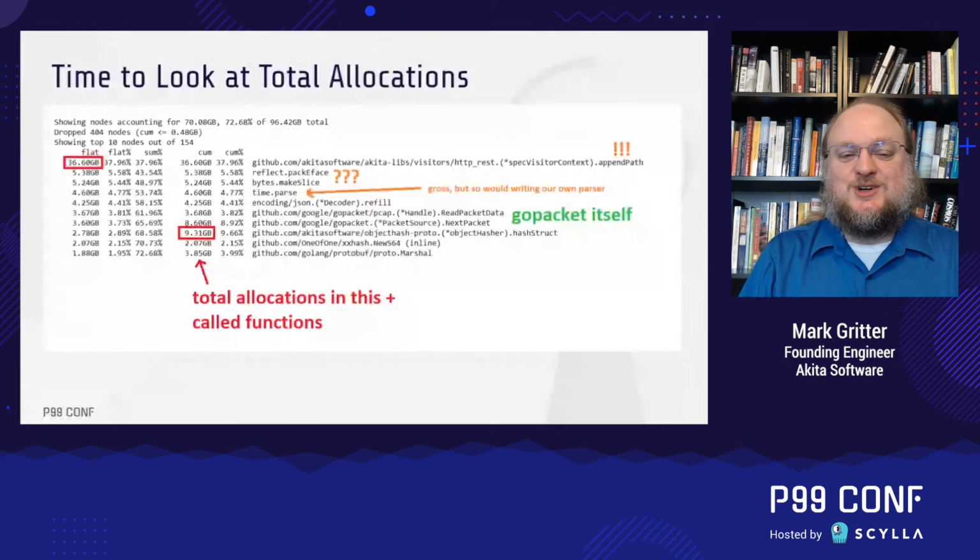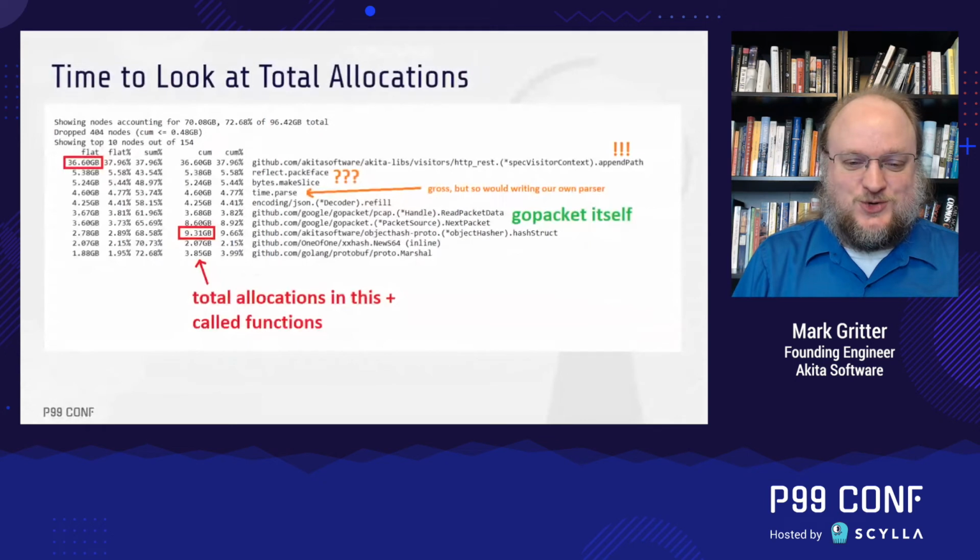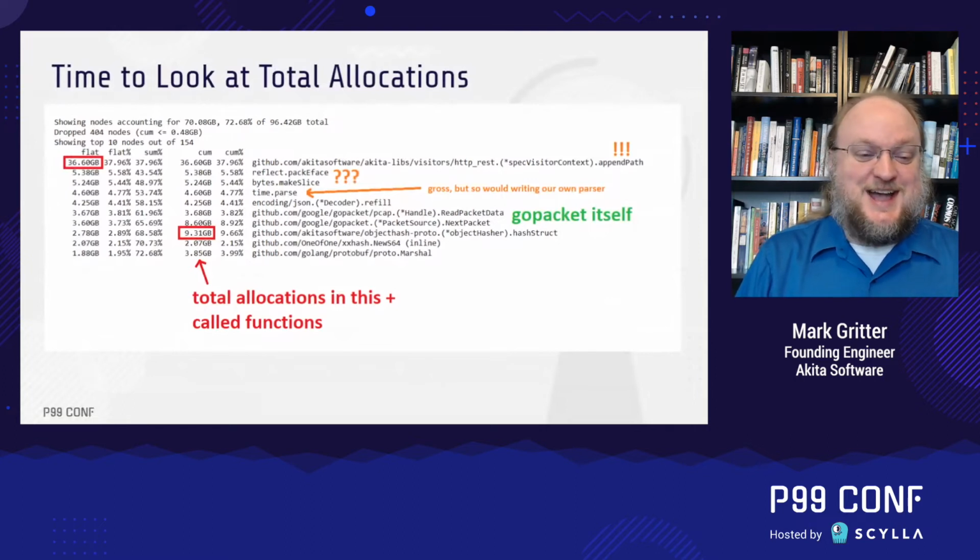So since there were no more obvious hotspots left in the live heap, I switched to look at total allocations. And there's a lot going on here in this sample from the pprof tool. There's an obvious hotspot responsible for a whopping 38% of allocations, and that's in our visitor that's performing obfuscation. At the time, I didn't even know what the heck pack eface was, and I am totally grossed out that time parsing is allocating so much memory. I did not end up rewriting the time parsing library, but it